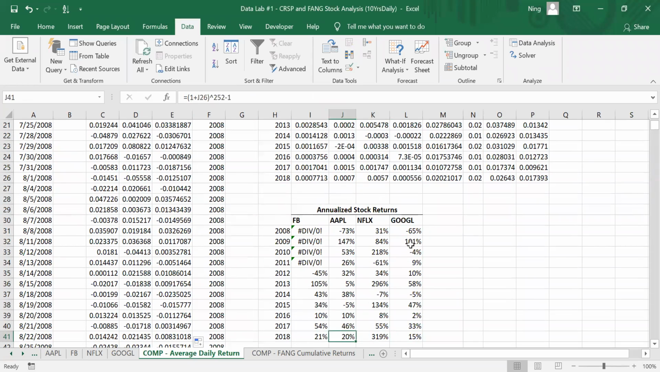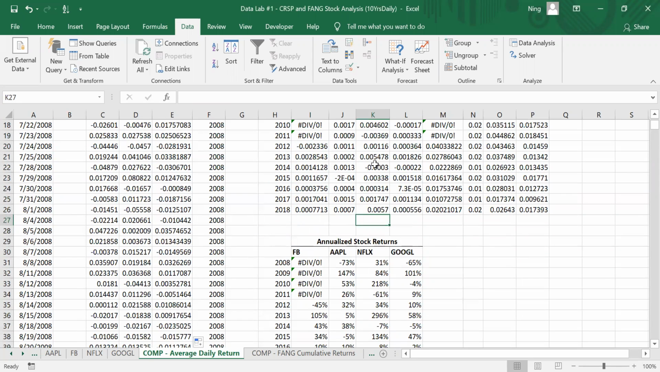Frequently, we want to know how stock returns compare on an annual basis. So you can use the daily average return to compute an annualized return. You can think of the annualized return as the buy and hold return for each of the company's stock over a year. Okay, because there are 252 trading days in a year,